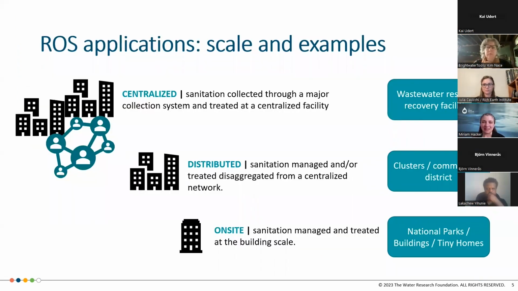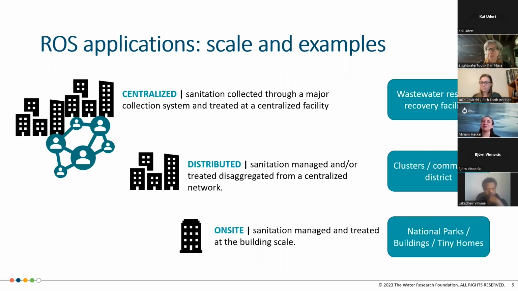So as we were talking, Kim and Julia and I were thinking about, okay, how do we synthesize what's happening in the United States right now in terms of resource-oriented sanitation? And what we realized was the US is very complex. There's a lot of different potential applications, and it would be a disservice for us to simplify it or reduce it to, well, it happens here and here. What we wanted to try and take a look at is what are the different scales where resource-oriented sanitation could be optimal. And that's generally how things are considered for water reuse as well. Similar conversations are happening there too.